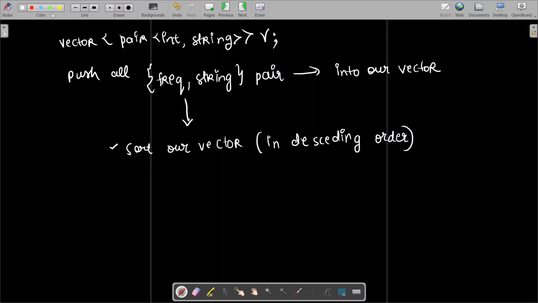Now, I will tell you one more property of a vector. Let's say here it is a pair, right? Now you will ask me, sir, but they have two elements. So how will the vector know? See, when it was a vector of int, it knows that there is only one element. It can sort on the basis of only int. Now there are two elements. Now on the basis of what will it sort? It could be int also. It could be string also. So what it does is inbuilt